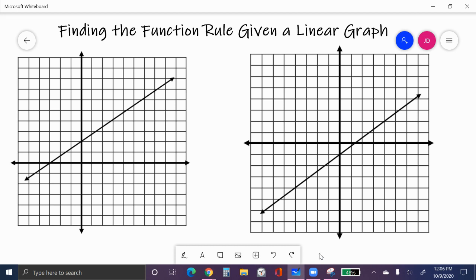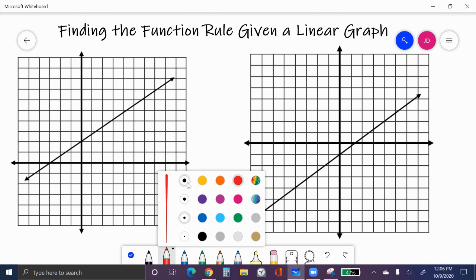In today's video, we are going to be finding the function rule given a linear graph. So in these problems, we're going to be given a line, and what we have to do is find the equation of the line in slope-intercept form using its points and using its slope and its y-intercept. So the one on the left here,